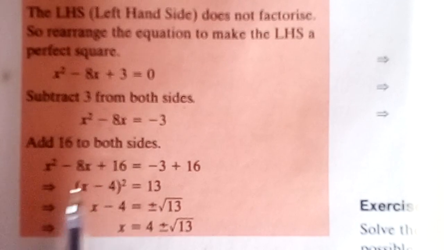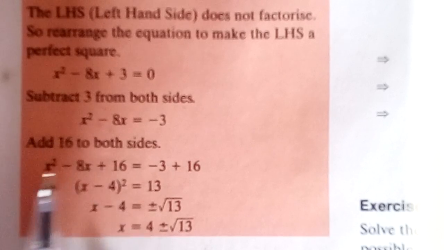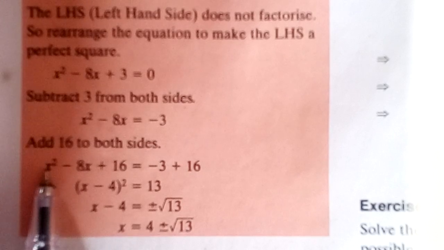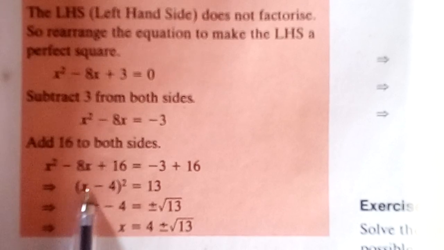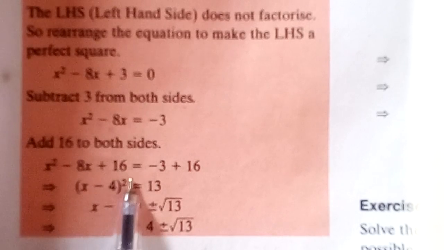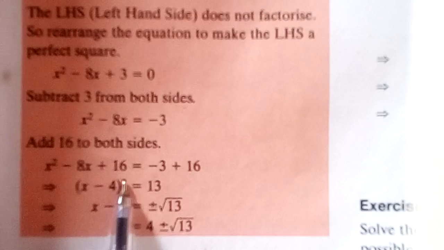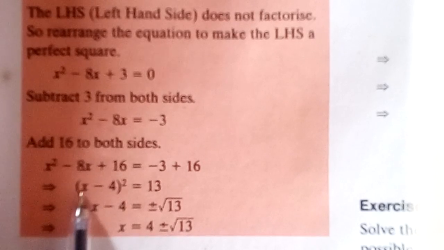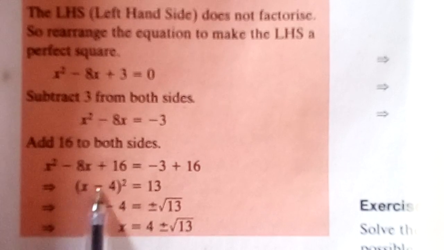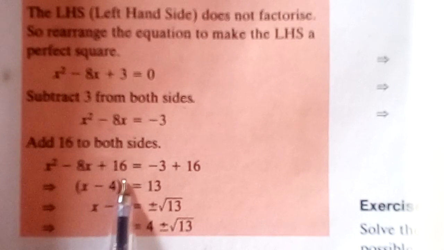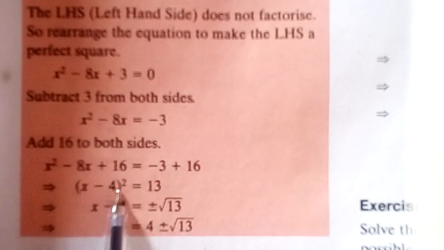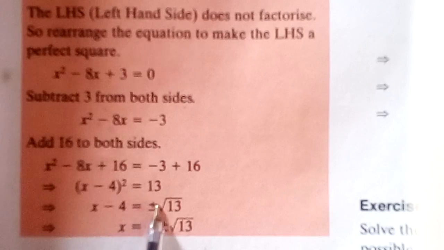Now if you remember factorization, you take this x and this 16. Now this is x minus 4 all raised to power 2. Now this is 16, this is x squared. You take the power of 2 outside and put this into a bracket, (x minus 4) raised to power 2 equals